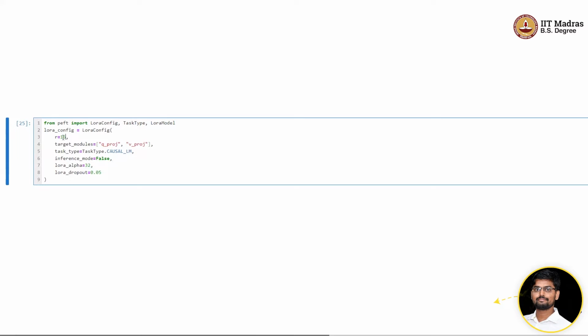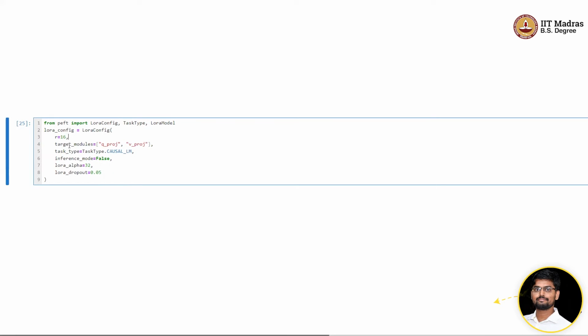And we are setting the rank to 16. Okay, so that's the default value. So you can go all the way from 1, 8, 16, 32, multiples of 2, up to 128. But remember that increasing the rank size increases the memory requirement as well.